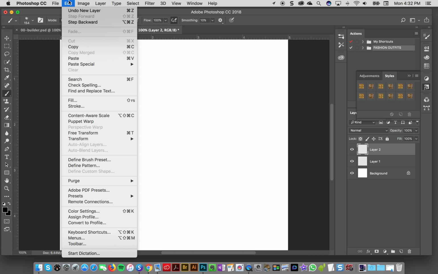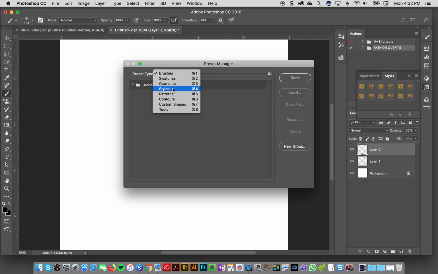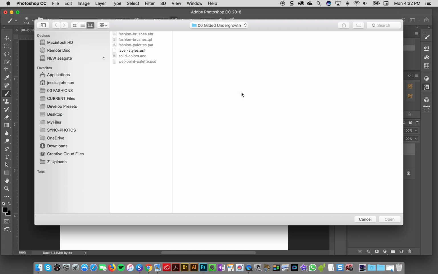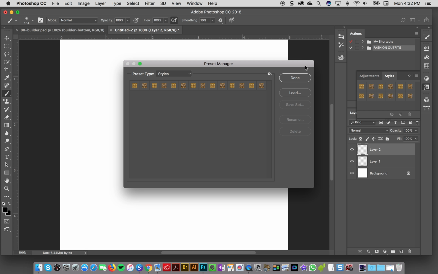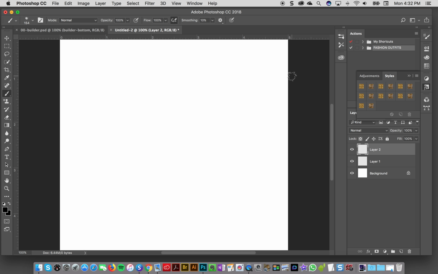Or you could also go to Edit, Preset, Preset Manager, navigate to your styles and click load, the same thing, load them from there. But most of the time you should just double click them and they will be loaded up. And most of you are also familiar with layer styles, but if you're not,